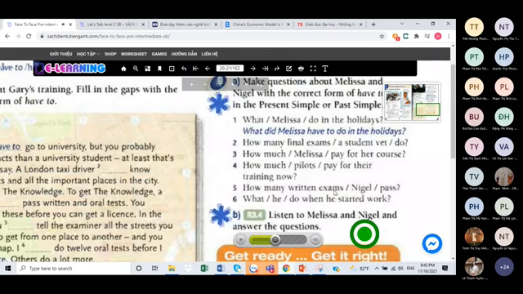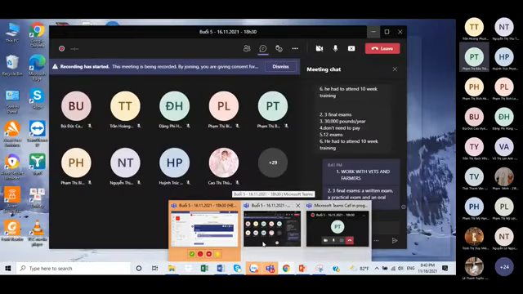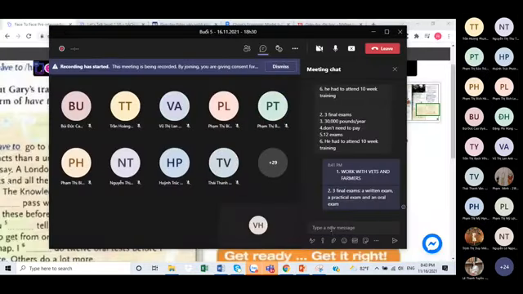How much did Melissa have to pay for her course? £13,000 per year. Yeah, £13,000 a year. Good. Right. So number 3,